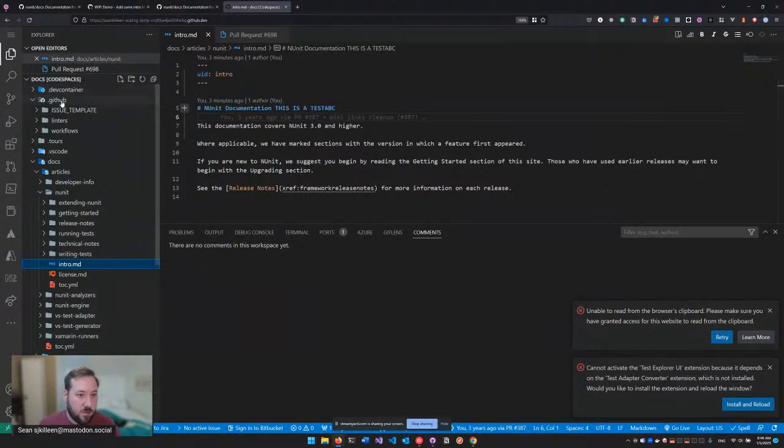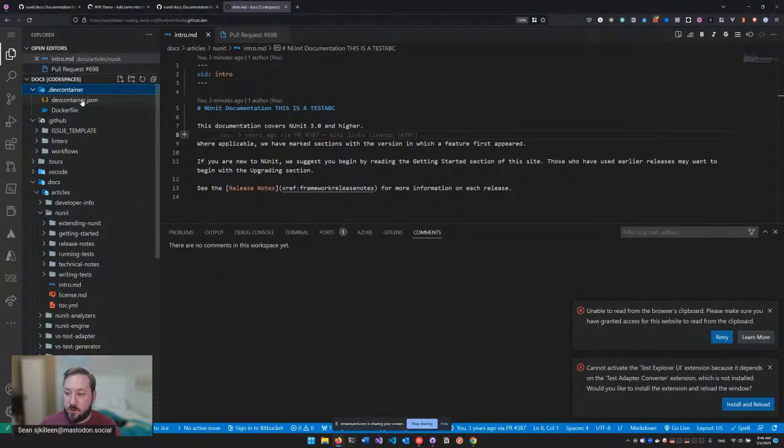We do this by using a dev container in our code, in our actual repository. There's a directory called dev container. And if you look into that, there are two files. There's a devcontainer.json file, and there's a Docker file that we use to build. Now,